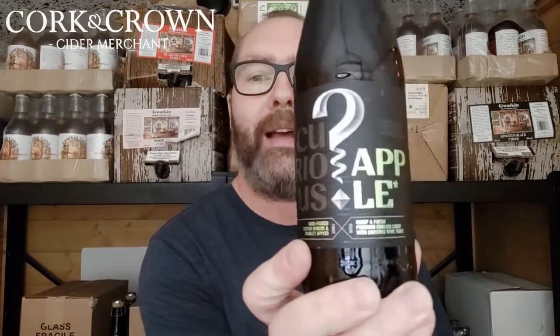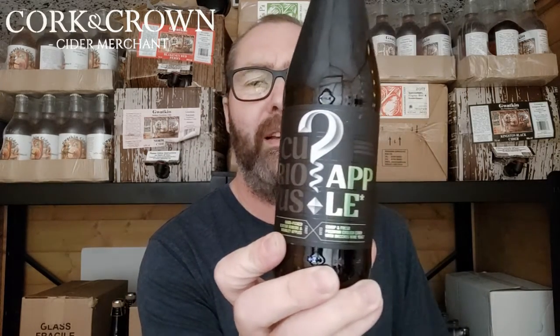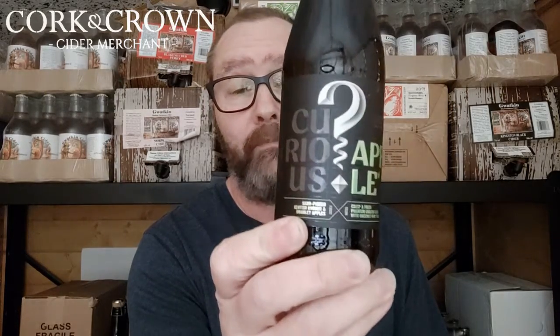So, what is it? Well, it is Curious Apple. Now, I didn't know anything about this, and I've certainly never had it. Turns out it's made at Chapel Down, which is a winery I have heard of, but I didn't know they made cider. They're in Kent, I think. So I think they're going to be using